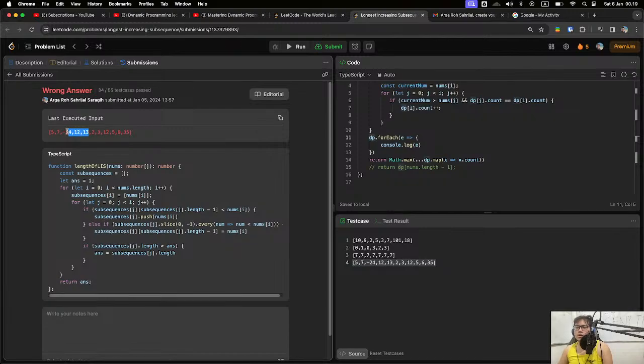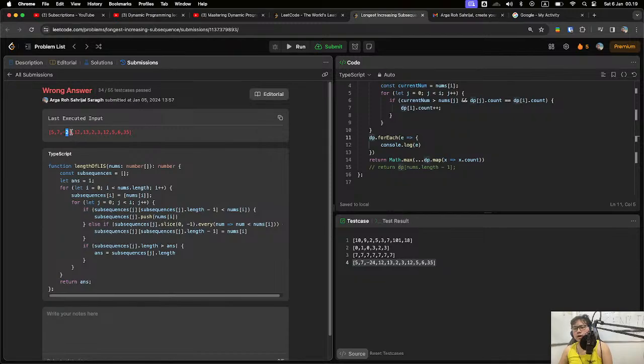So 2, although it is used in the longest strictly increasing subsequence,